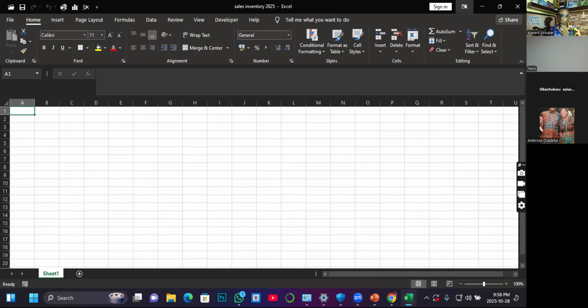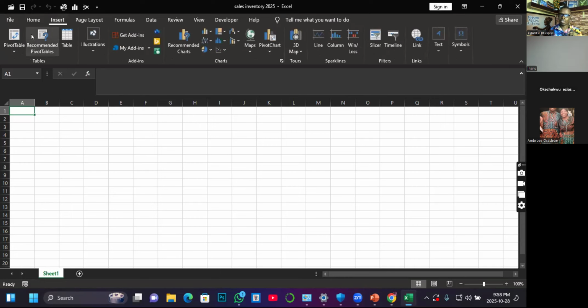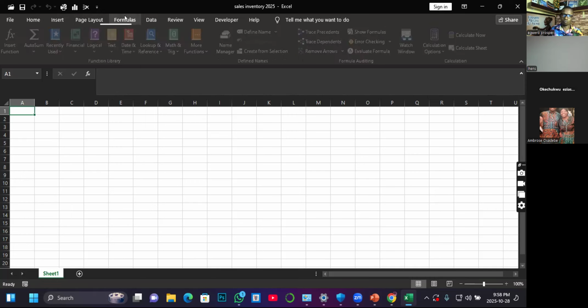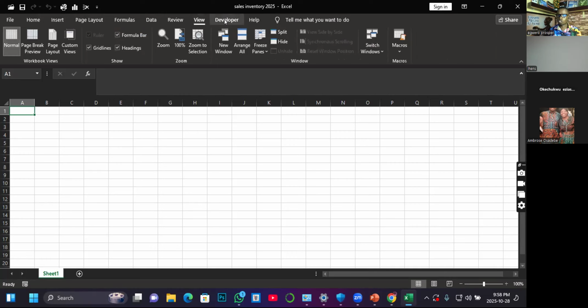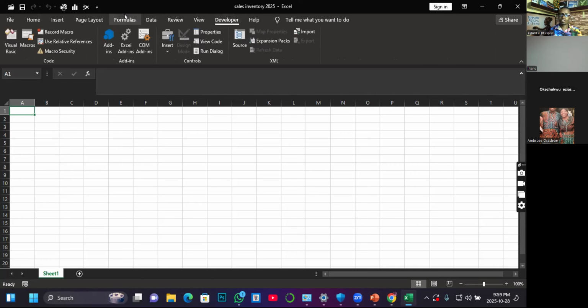Now, let's go back, now you understand. Look at this. If I open the home tab, you see all this. So all these commands we are seeing, they can be attributed to home. So if I move from home to insert, you now see different commands. If I move to page layout, you see different commands. If I move to formulas, data, review, view, each of these, they are the